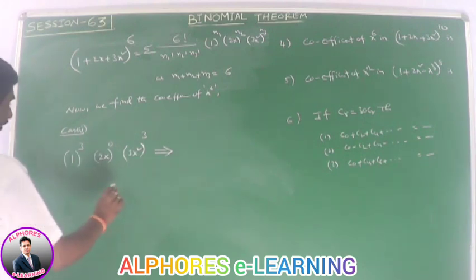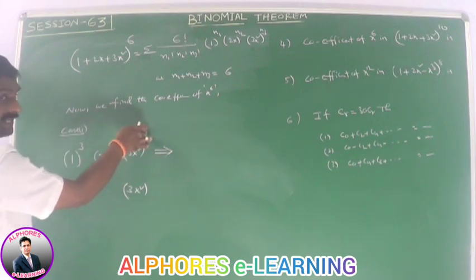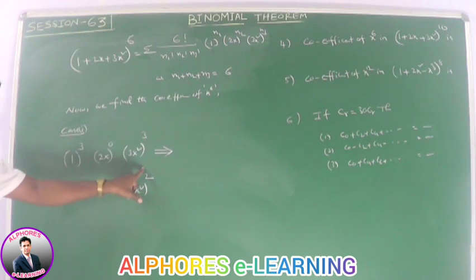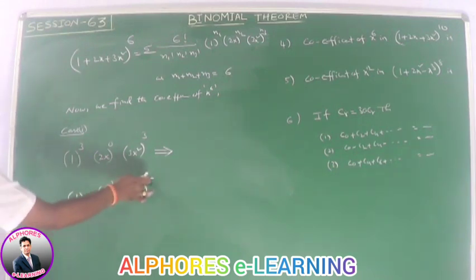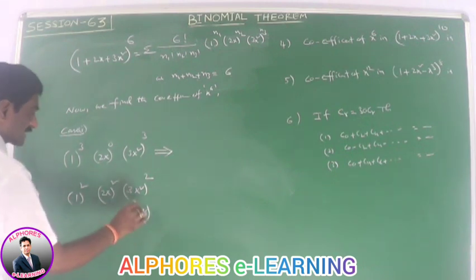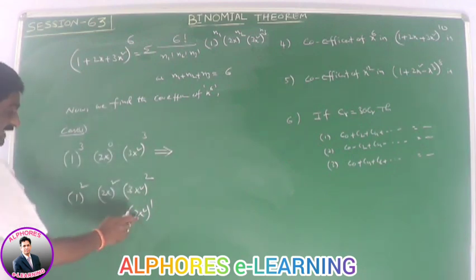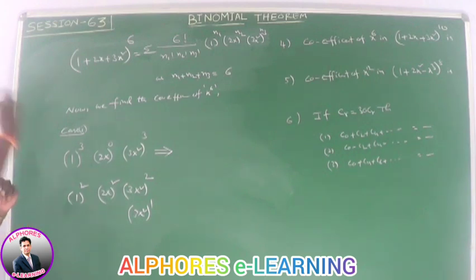Next possibility, I will write in this way. Case 2: (3x²) power 2, which means x power 4. For getting x power 6, x power 2 is required, so take (2x) whole power 2. Okay. Next, what is the power of 1? The sum of these indices is equal to 6, so 3x² whole power 2. Next case: (3x²) whole power 1 gives x². For getting x power 6, the required value is x power 4, that means (2x) whole power 4 we take in this value.